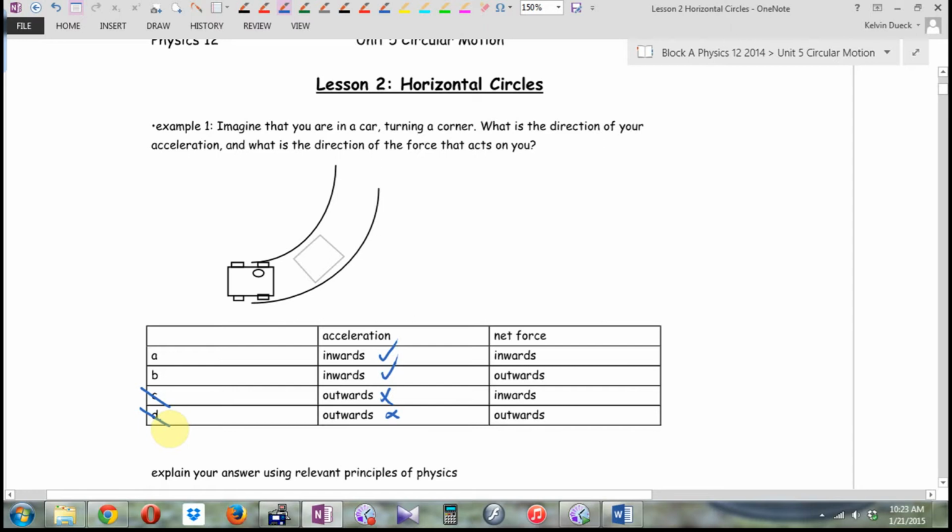What about the force? Well, I'm going to give you a hint. F equals what? Now, force is a vector. Is mass a vector? No. Is acceleration a vector? That's where force gets its direction from. So if your acceleration is inwards,